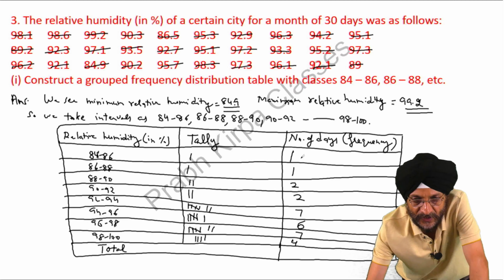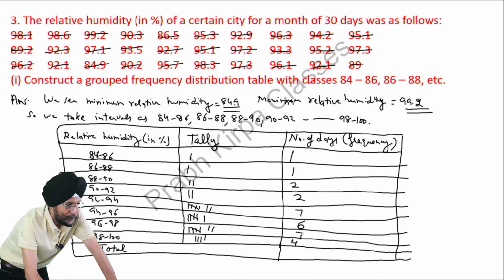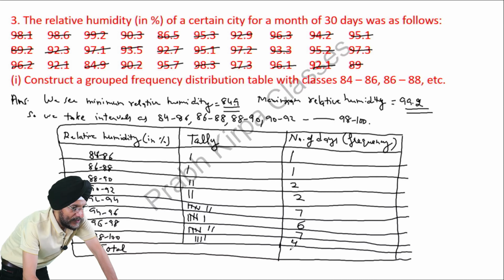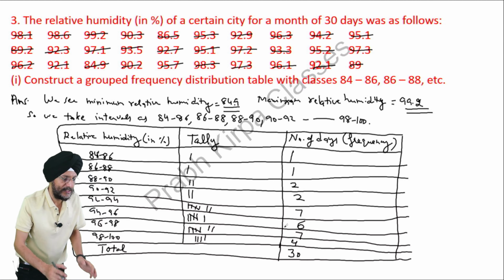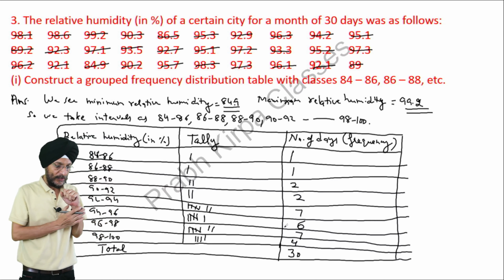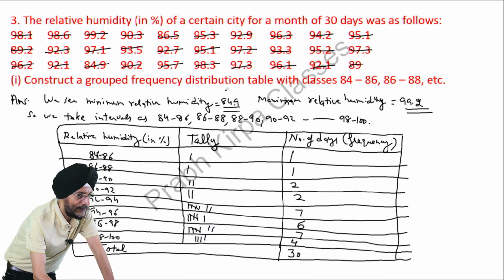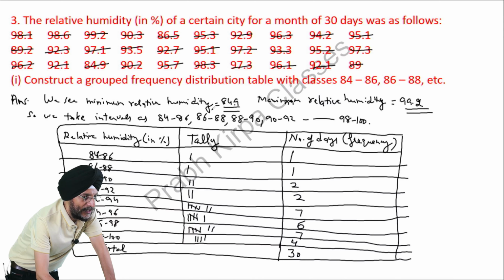Then we will count 1, 1, 2, 6, 13, 19, 26, 4, 30. That is, we have counted the number of days from here to here. It means that we have counted all the entries and no entry has been left out. So far we have constructed the grouped frequency distribution table where the minimum relative humidity was 84.9 and the maximum was